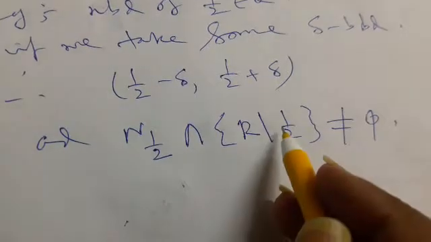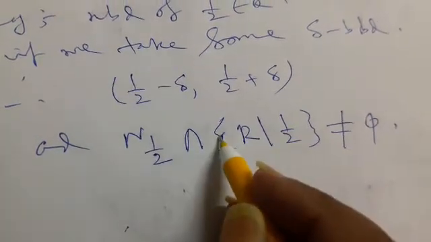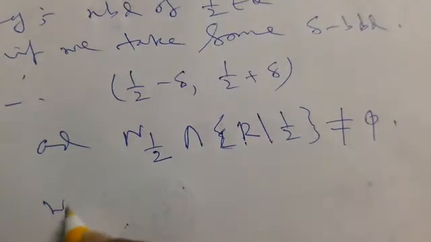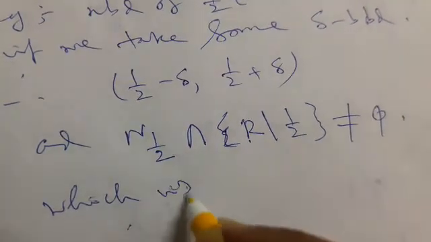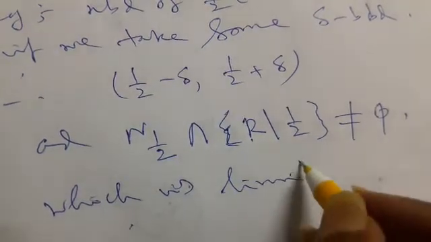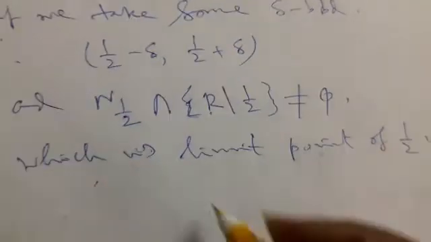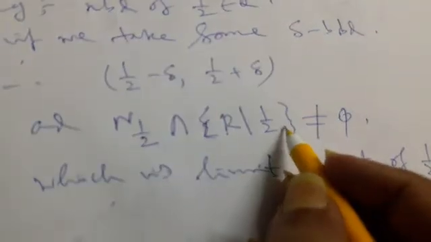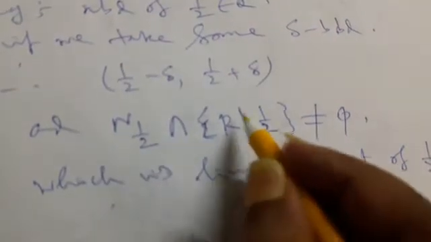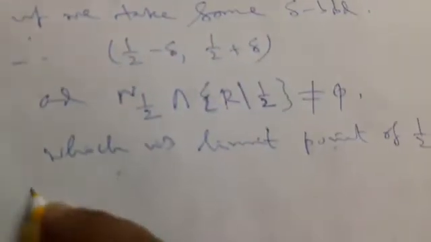That is this region, this delta region, that cuts this region, which is the limit point of half, that cuts in this point other than half in the real number system,